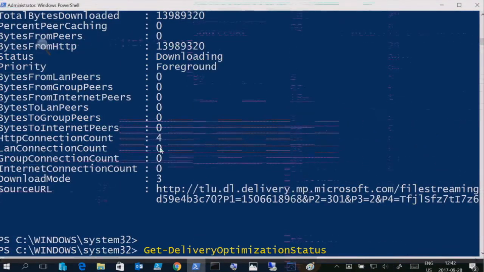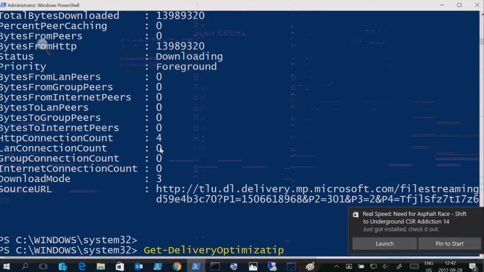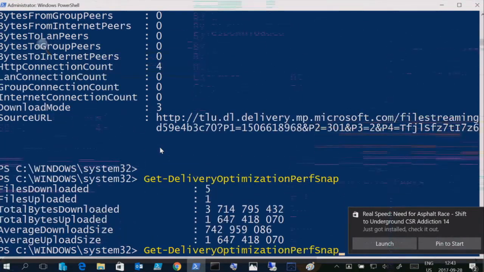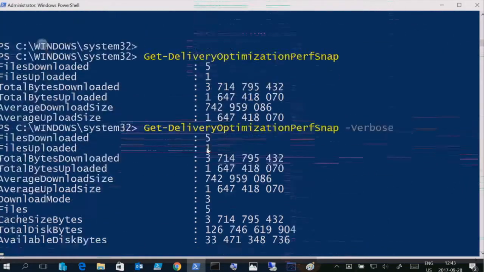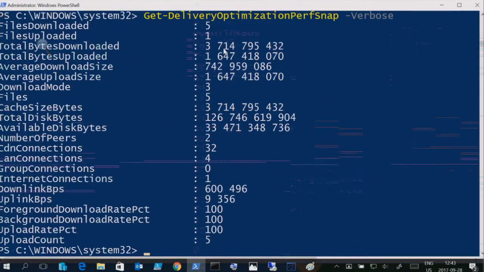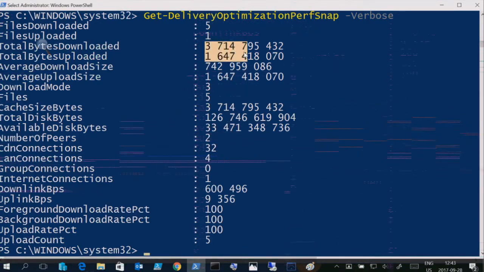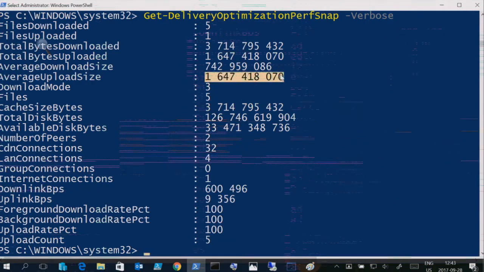There we go. So Get-DeliveryOptimizationStatus and Get-DeliveryOptimizationPerfSnap are some of the things you get to be able to show you, and you can add -Verbose. And you see there that the game actually got installed. So here are some of the stats that you want to be looking at when you're playing around with this technology. So total files downloaded, pretty easy, but you can see also that we have upload stats, which means that